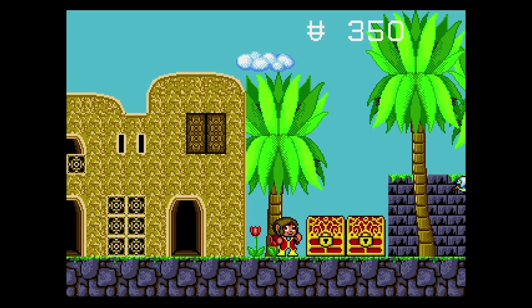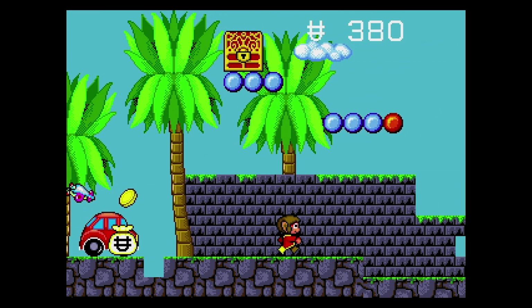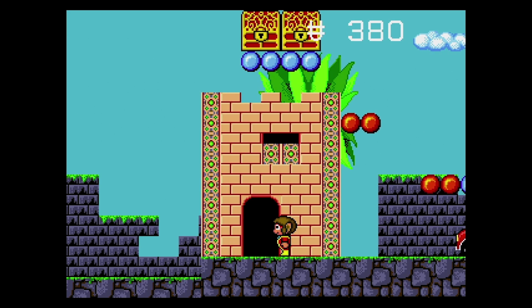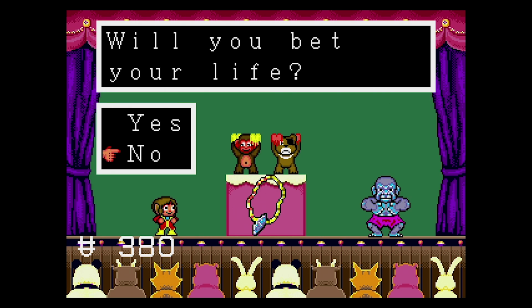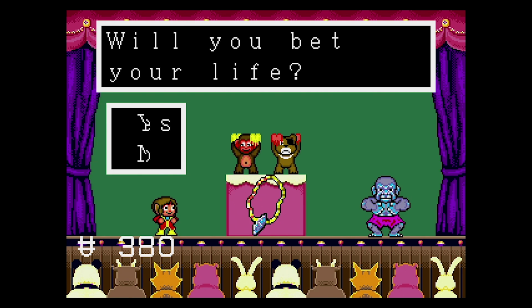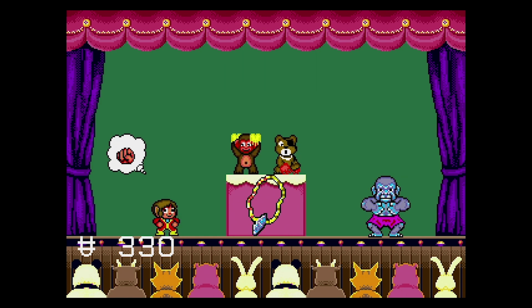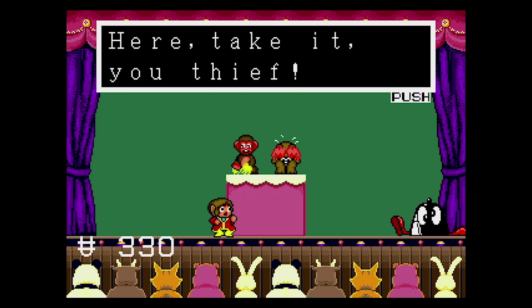Anyway, let's just continue on. So far, as I said, I'm not familiar with the Mega Drive version of this game, but it looks like what I would expect the game to look like on the Mega Drive, so that's good. Oh yeah, what was the purpose of the necklace again? I don't even remember. Yeah, fuck you, asshole. Here, take it, you thief. But I just want it fair and square, like...